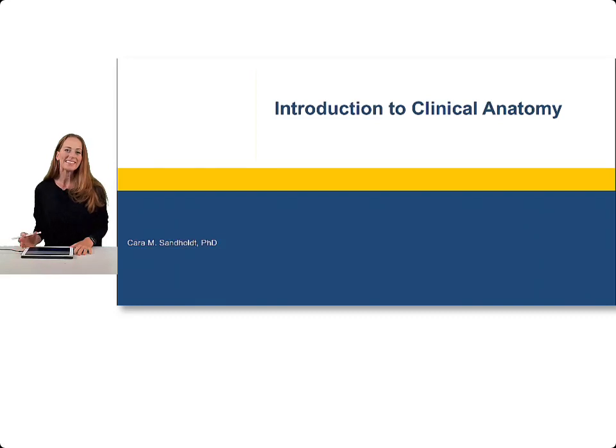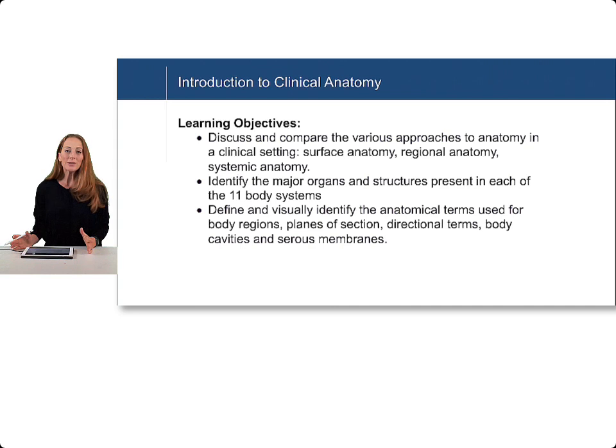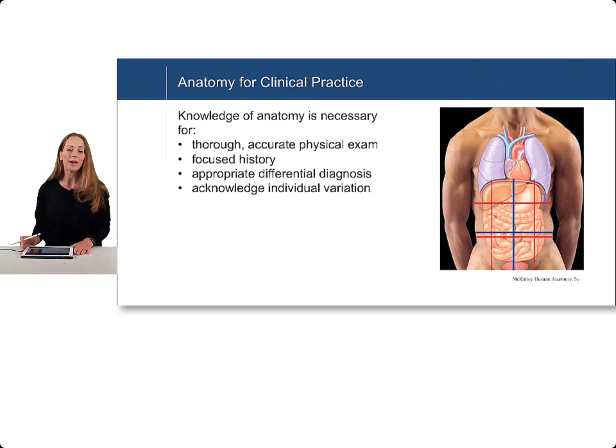Hi everyone, this is the Introduction to Clinical Anatomy. We are going to look at the various approaches to anatomy, the major organs and structures present in each of the 11 body systems, the anatomical terms used for body regions, planes of section, directional terms, body cavities, and serous membranes. This should be a really good review for any of you who have already done general anatomy or who